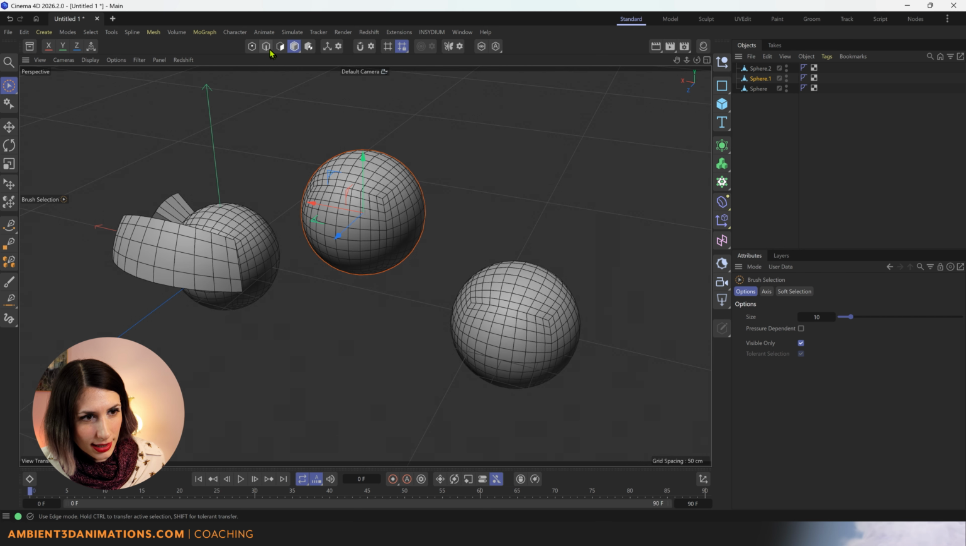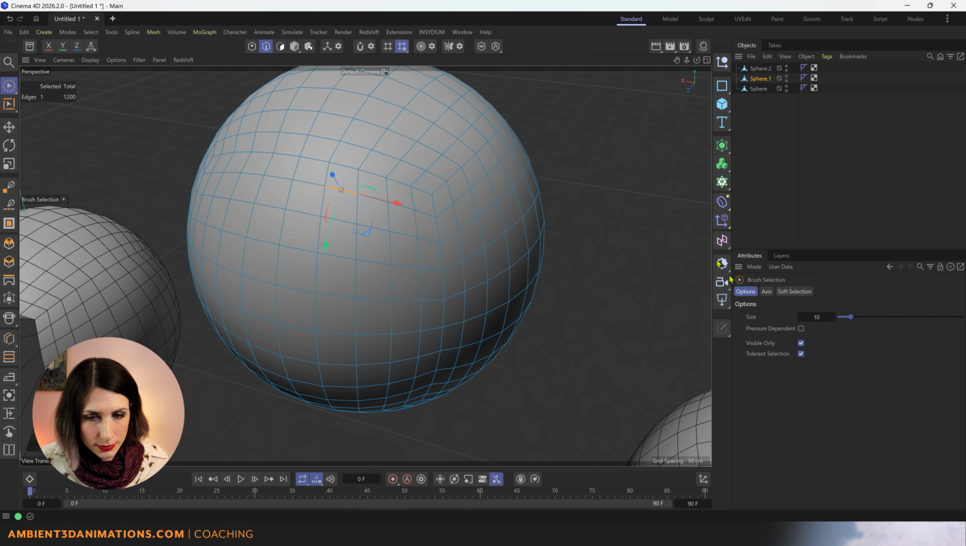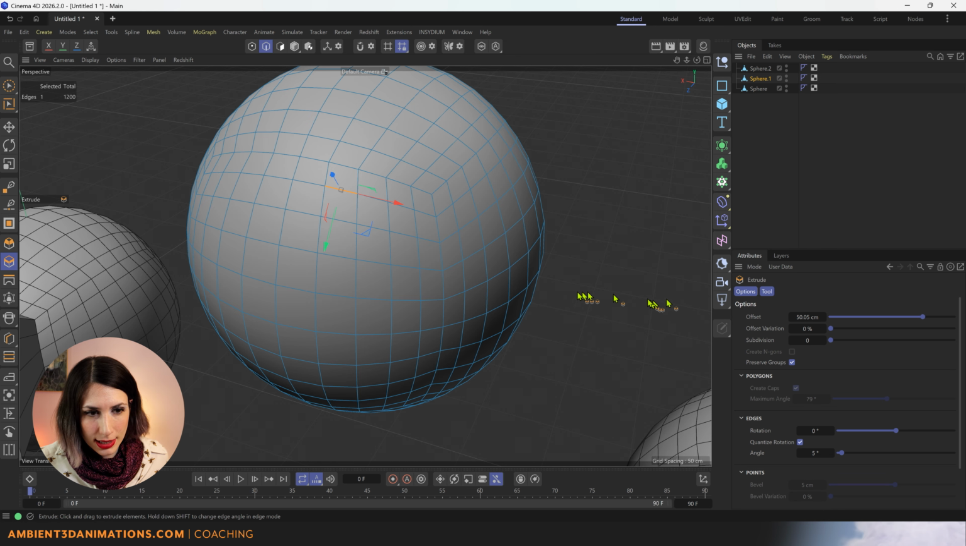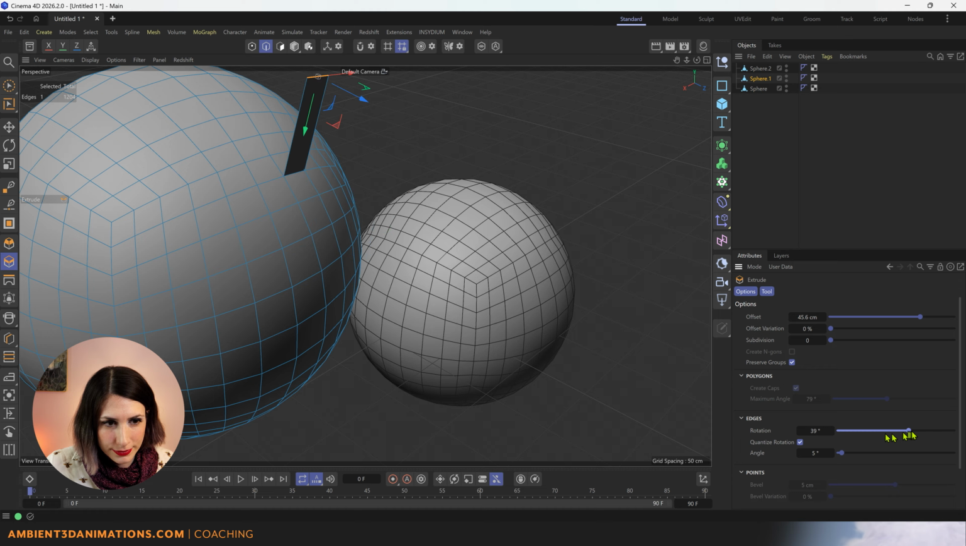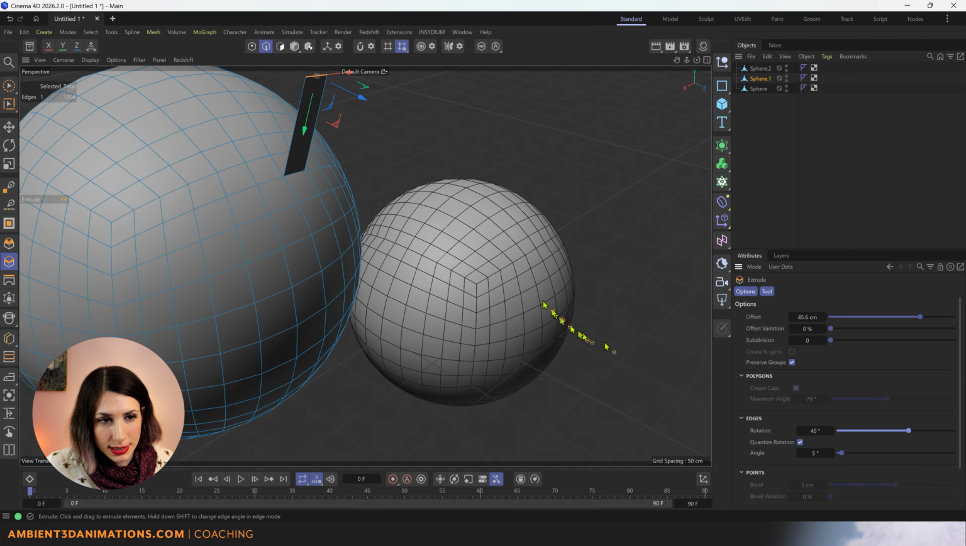I'll go ahead and select some edges, so that means we need to be in edge mode here. I'm going to select this here, use the hotkey MT for the extrude, click and drag in the viewport, and you can see we're extruding. Now, some options unique to the extrude tool is you can adjust the rotation. You can enable quantize rotation, and what that means is that if you hold Shift,